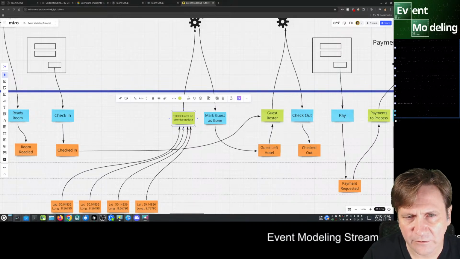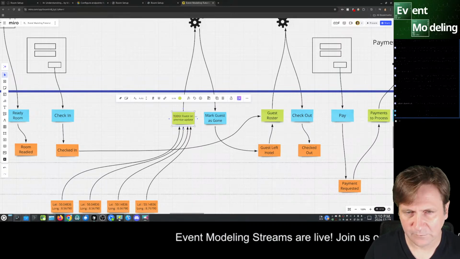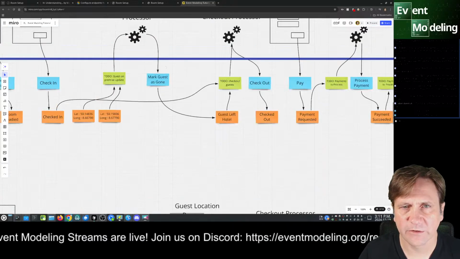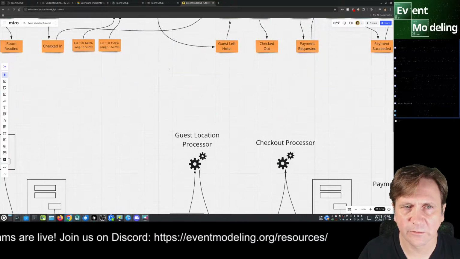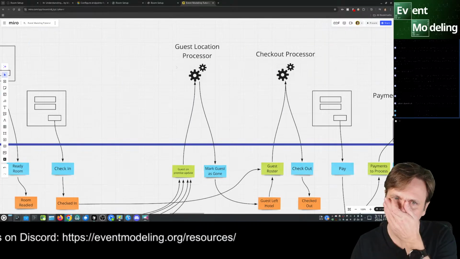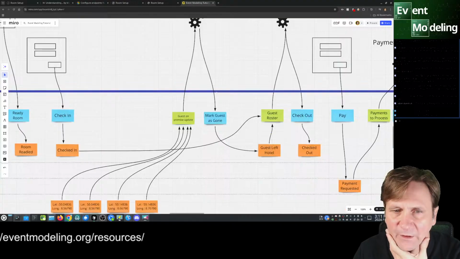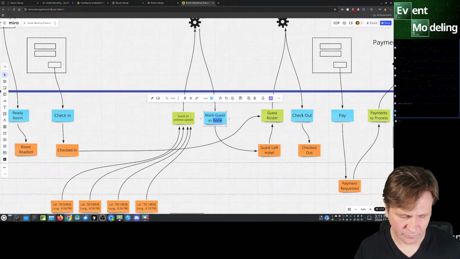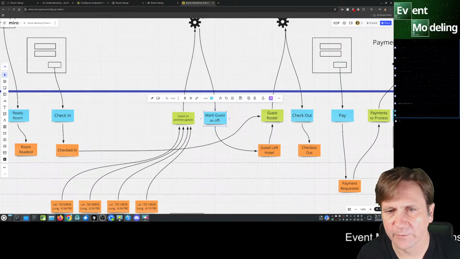This is actually not a to-do list. It's actually updating whether they're on premise or not. It keeps flipping as they do. Off property.